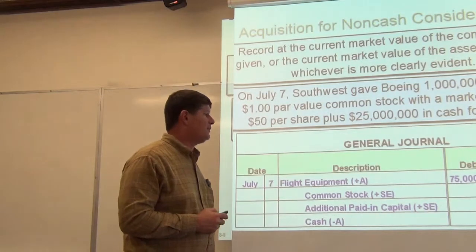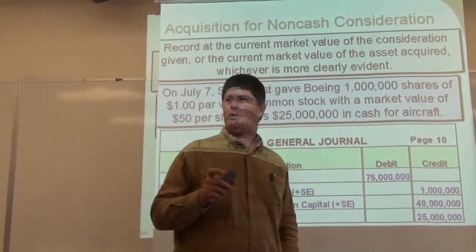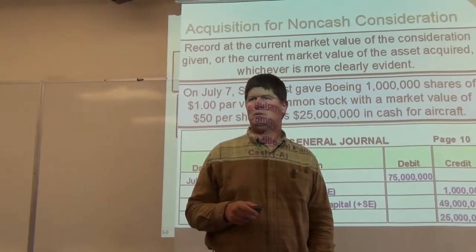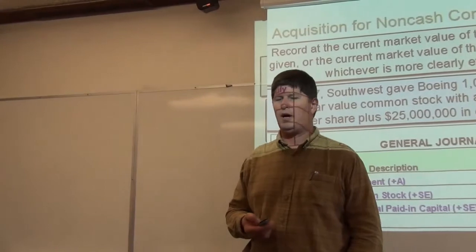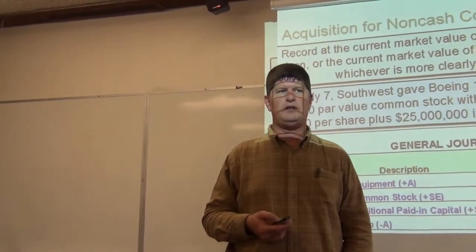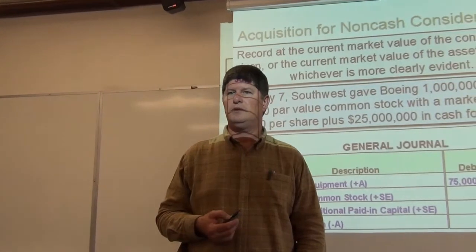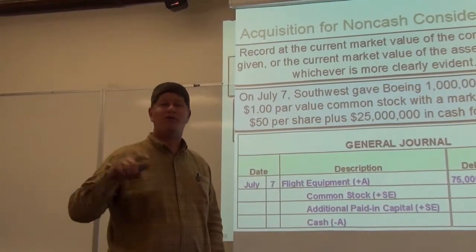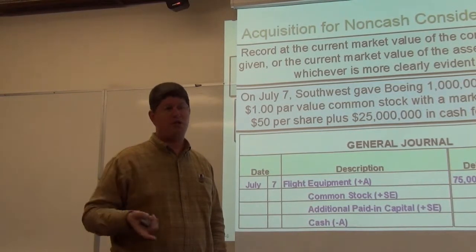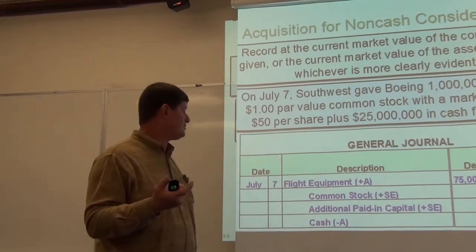If you pay for something with a non-cash method of payment, and this happens, for example, somebody, if you buy something very expensive, will give up their own company stock in exchange for it. You take the market value of whatever it is you're giving up, and you record that as part of your payment. So in this example,